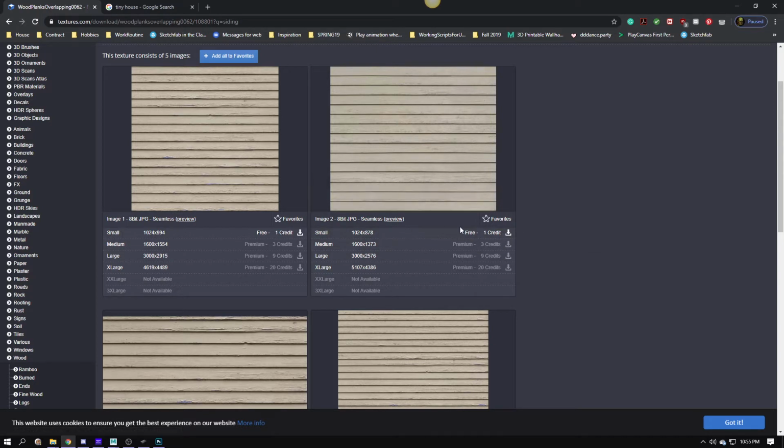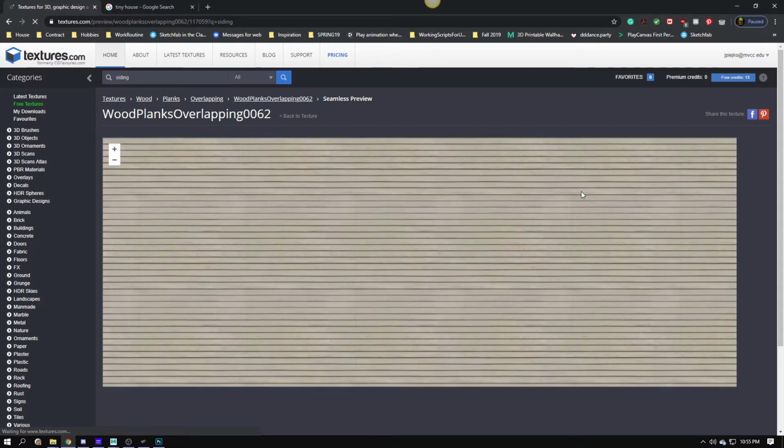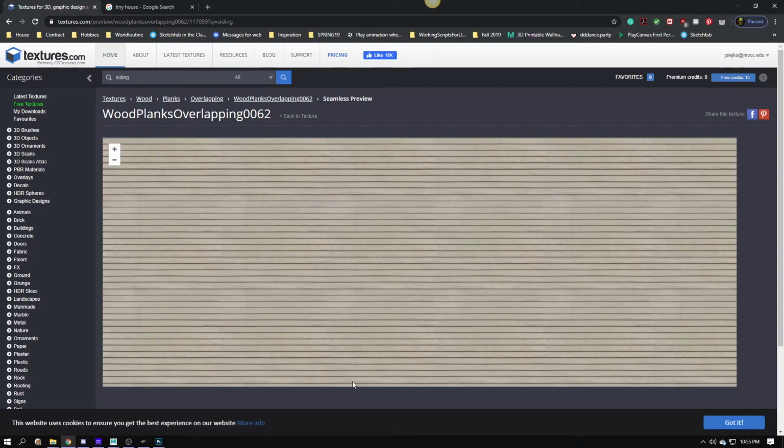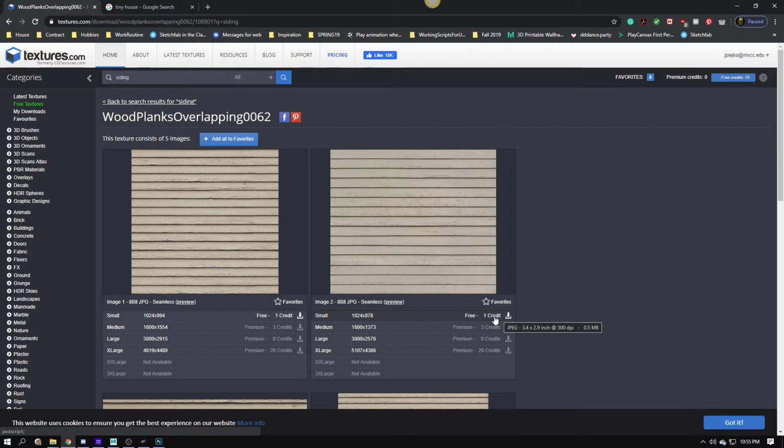So this is saying it's a seamless texture too, which is nice. You can press preview on that, and it should show me when it duplicates over and over again that this is considered seamless. I can see the seams, so it's okay. I could fix those seams later on. So I'm going to use that. I'm actually going to hit download,